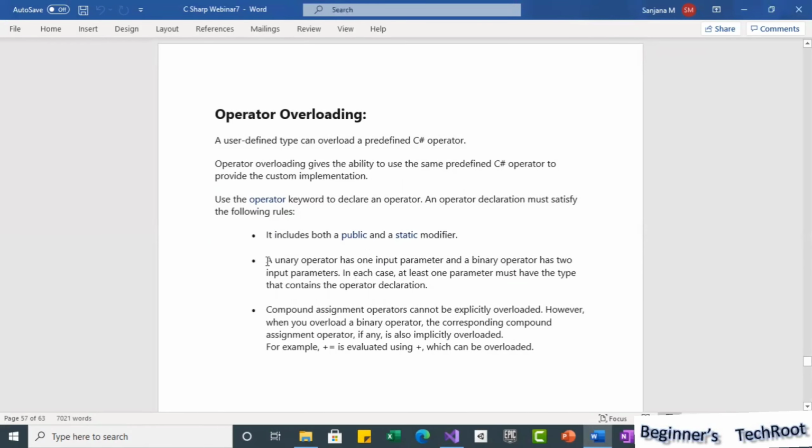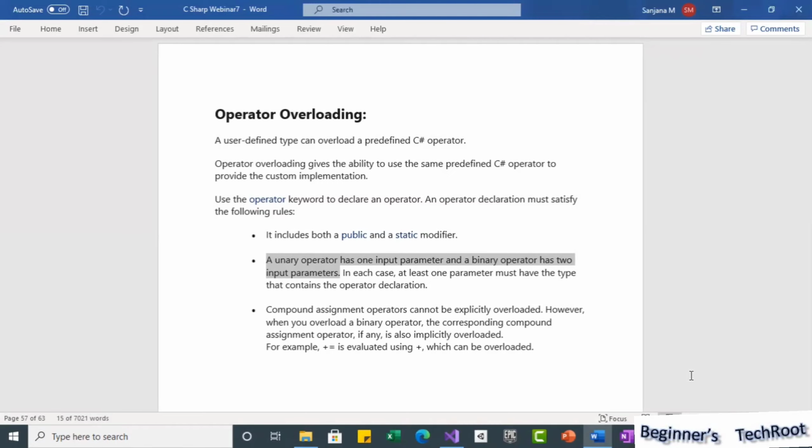The next one is a unary operator has one input parameter and a binary operator has two input parameters. We know the unary operator, like when we use plus as a unary operator. When defining operator overloading, you provide only one input parameter for the unary operator.